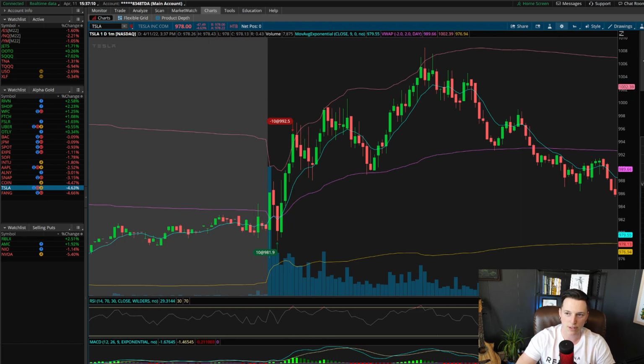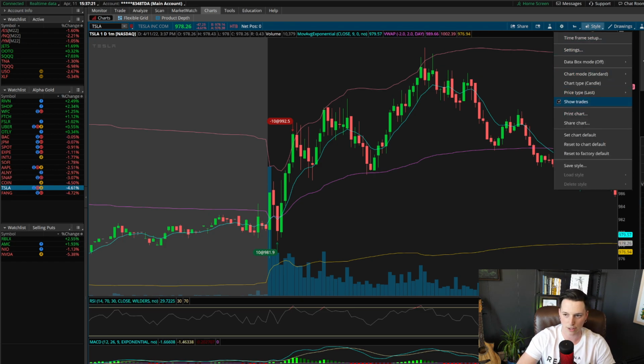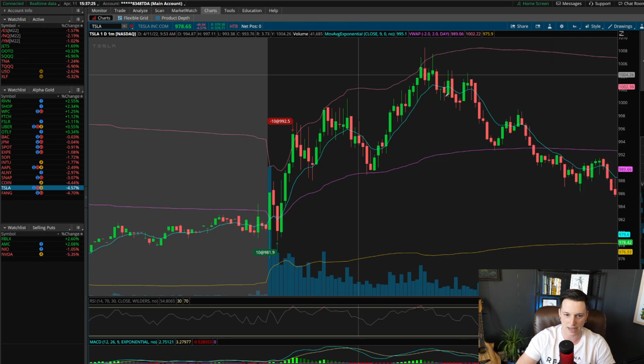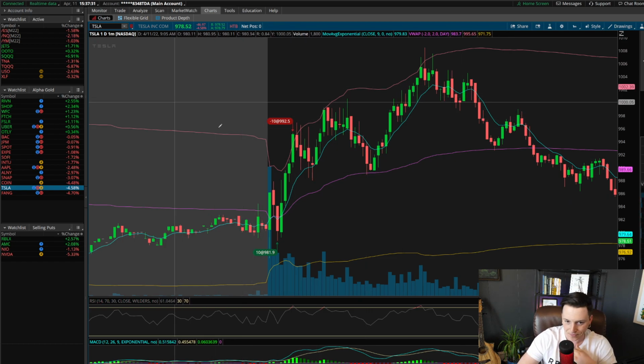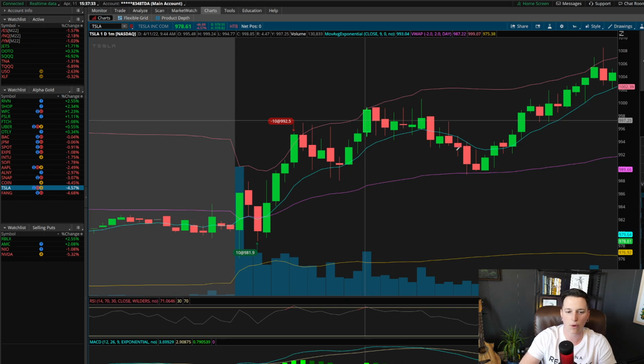The other thing too is, if you come up here to this section, you guys aren't going to be able to see it because Thinkorswim is trying to hide my info, but there's a little cog up here and a button that says show trades. You always want to make sure you can see that. So I can turn my trades on and off. This is going to show you the exact trades. I can't just type here, hey, I made money, right? It's going to show you the exact trade. So let's go over this trade and why I ended up taking it.